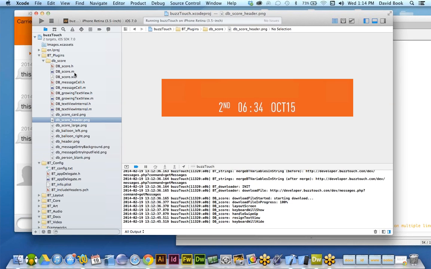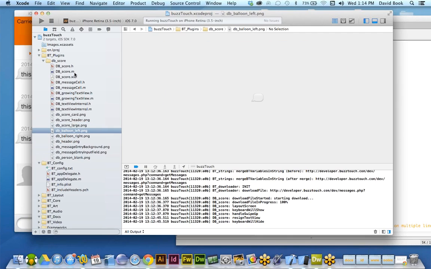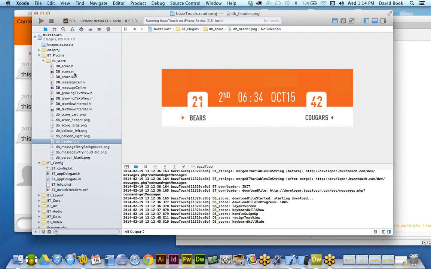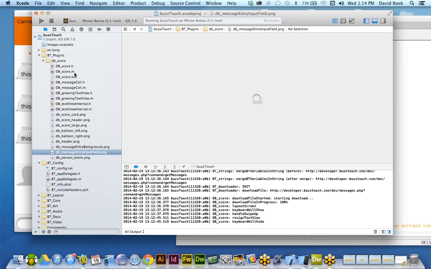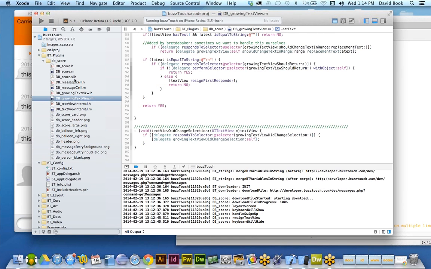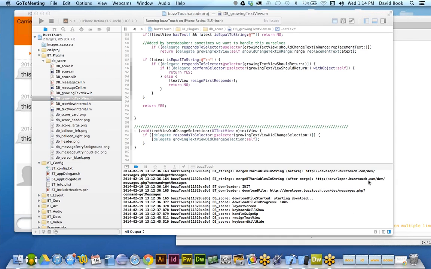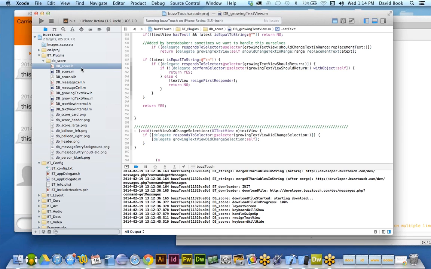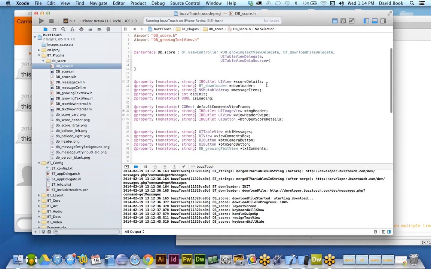We've got the scorecard that you saw, the header, the big one that you saw. We've got the balloons that stretch right and left for the messages, another header, the background for the entry box, and then the default person. So these are all in the plugin package. You can see that I've named all the file names with my initials, DB. I've prefixed all the file names, so everything in my plugin belongs to this folder, which is cool. And let's just look at the interface for this list view first, and we'll talk about all these properties